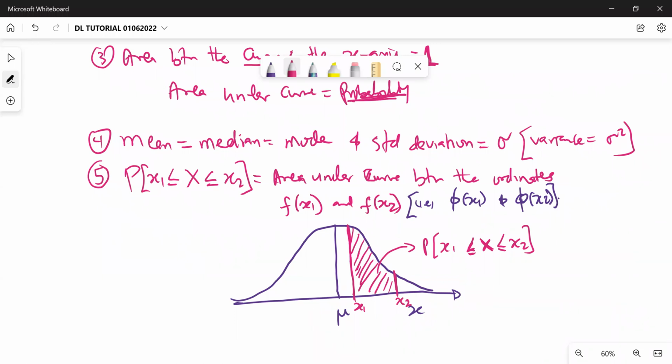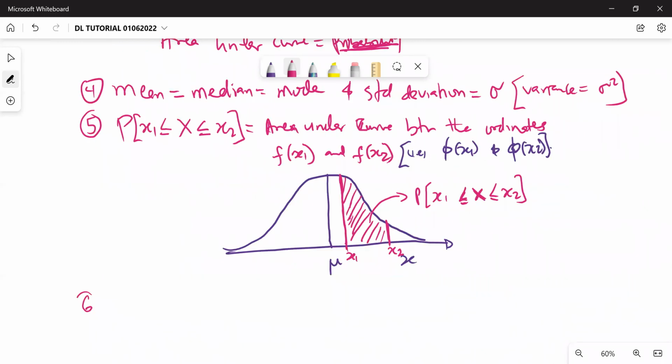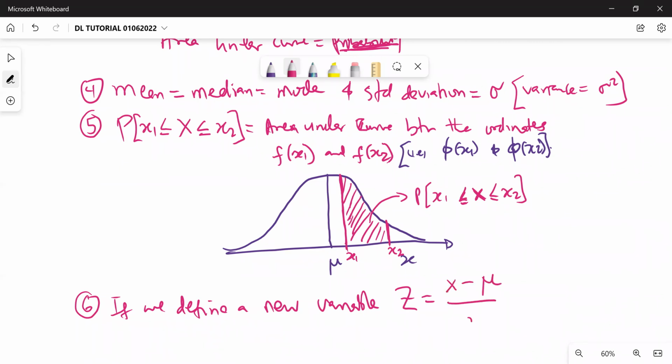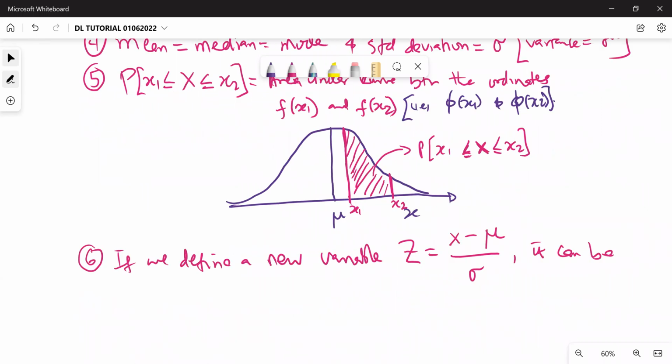Then a very important property, number 6. We say that if we define a new variable, and usually we call it Z, and this is the definition of Z: Z is equal to X minus mu over sigma. If you define a new variable Z like that, then it can be shown, but we are not showing it here, that